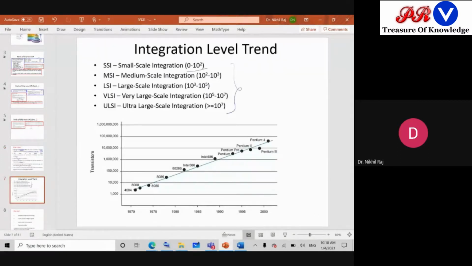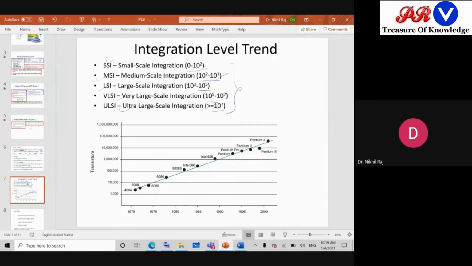This shows the number of transistors at each level. When SSI was there in the 1970s, only hundreds of transistors could be merged, and after that, when they connect, a lot of loading effects and other consequences come. So they could not integrate much because dimensions were also very large. Slowly, through research, they reduced the feature size and accommodated more transistors in the same die area. Then came MSI, medium scale, then LSI, then VLSI, and finally ULSI is going on.